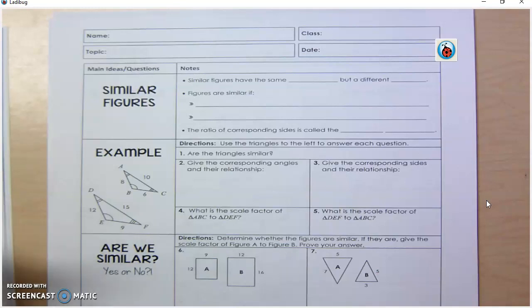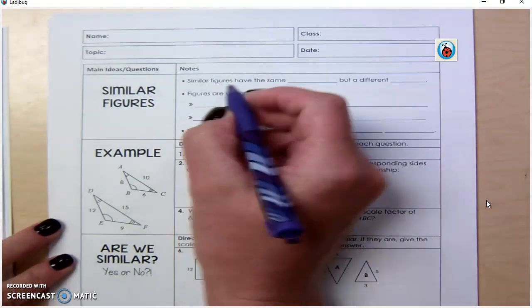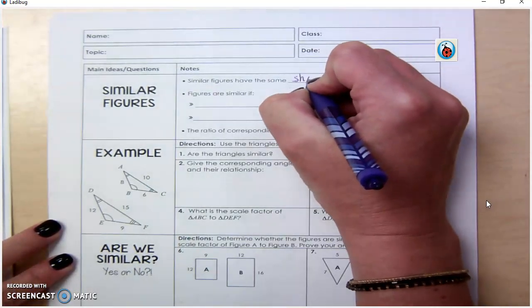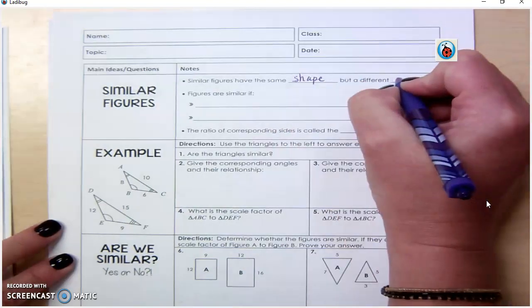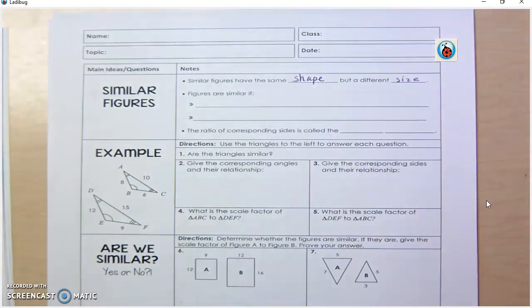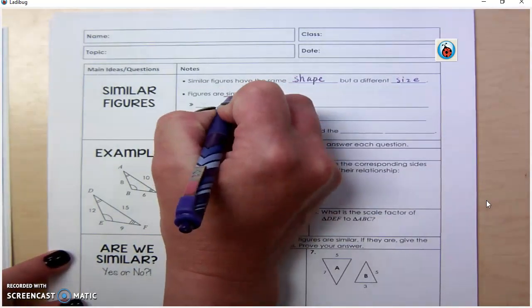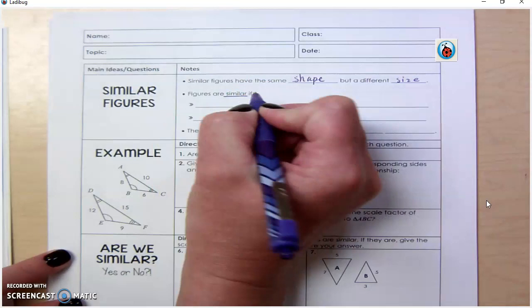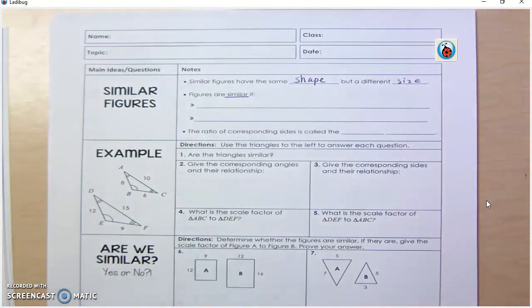Alright, let's take a look at our vocabulary terms. So first of all, what is a similar figure? Similar figures have the same shape but different size. So yes, we're going to take a look at two triangles at the same time, or two rectangular shapes, or two pentagons, and so on. To be similar, okay, super important, it is a very specific